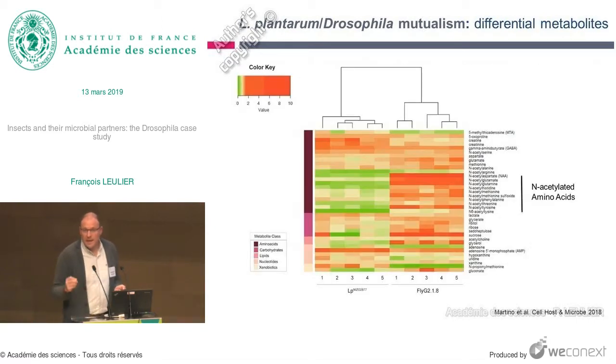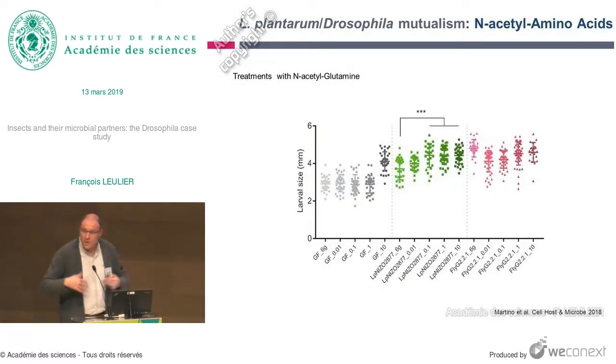in ACKA. ACKA is the acetate kinase gene, one of the two acetate kinase genes, which is therefore core to the metabolism of Lactobacillus plantarum and acetate metabolism. So we went and studied the metabolism of this evolved strain as compared to the ancestral strain. And what was extremely clear from the metabolomic profiling in this context is that there is a strong accumulation of N-acetylated amino acids in the supernatant of those cultures. So those evolved strains release a lot of N-acetylated amino acids. And for now, we have no clue what the connection is between the mutation and that production.